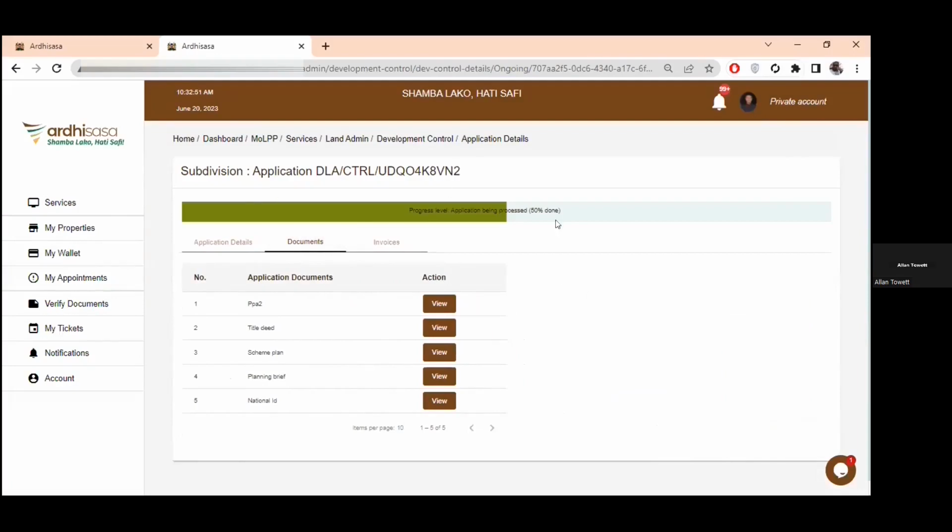And for subdivision and amalgamation, you will be able to download the provisional approval letter here, immediately the application is approved by the director. You'll be able to download the provisional approval letter here. But for the change of user, extension of user, and extension of lease,